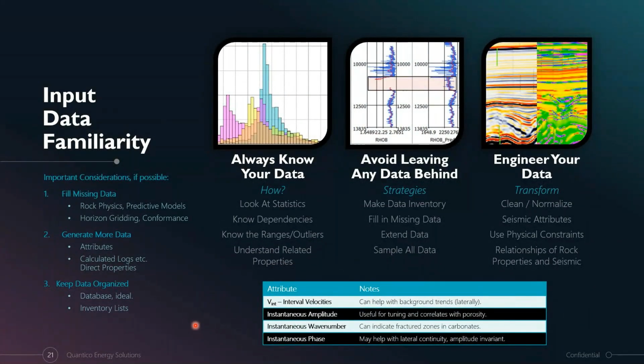So what we've learned by practicing over many data environments is that understanding your data and keeping it organized is key, since all of these methods rely heavily on data. And we don't want to leave any data behind. For instance, there will be instances where you have a missing density log because of a washout or for any other reason. And there are either empirical or machine learning based methods to estimate these. So if we don't include these,